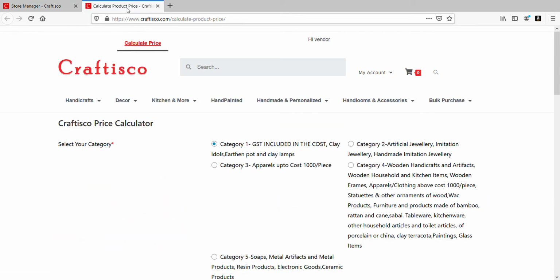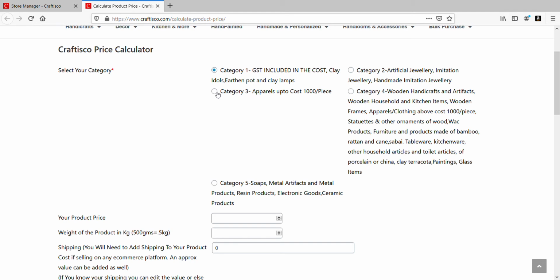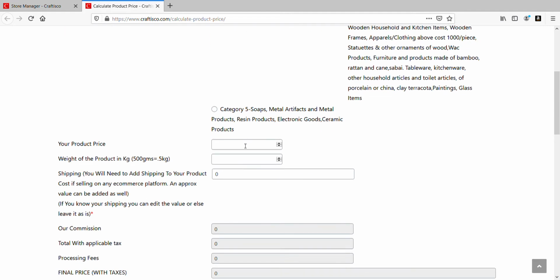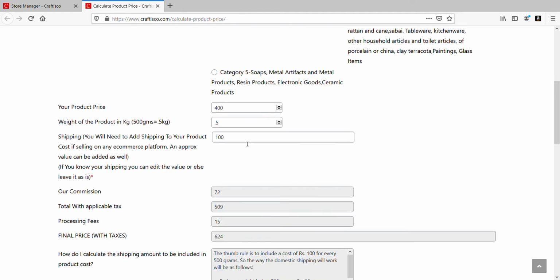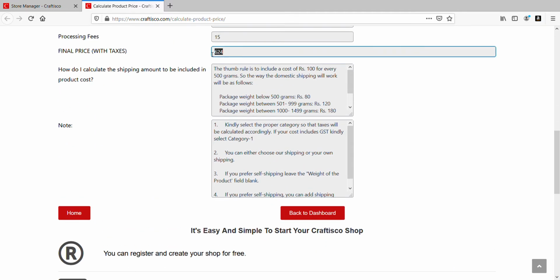So you go to your calculate product price, you select the category which your product falls into, right? Let's say we are going to sell an apparel today, a piece of top or piece of cloth here. So when I click here, the calculator automatically takes the applicable GST associated with that. Let's just say your product price is 400 and the weight of the product is somewhere around 500 grams. So shipping gets calculated, your commission gets calculated, and the final product price is 624, right? So this includes all the taxes, all the commissions, everything, and you don't need to add any additional